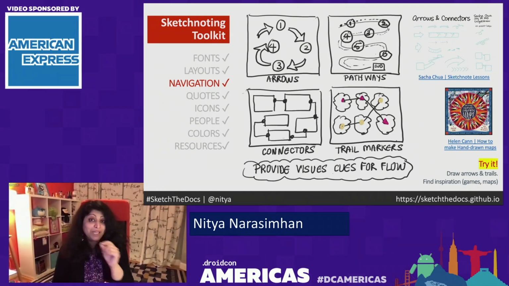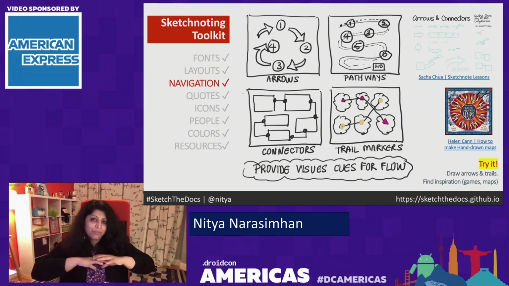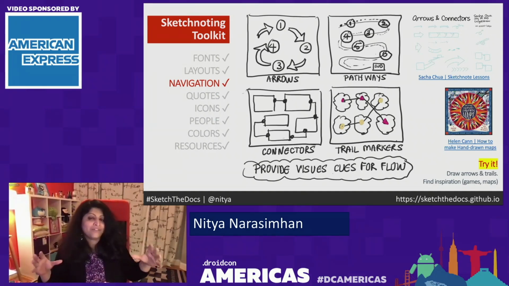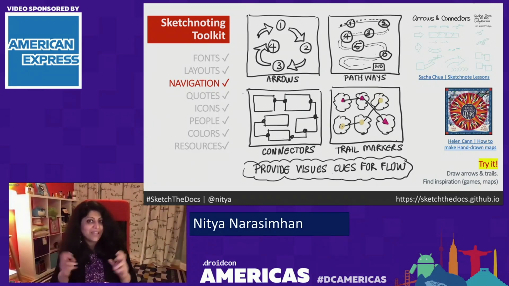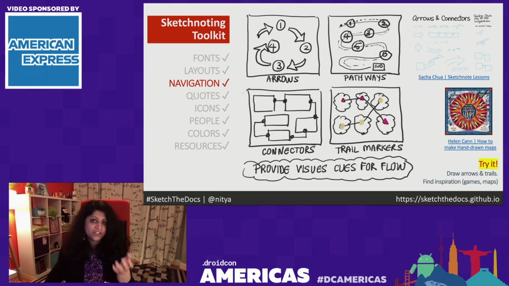Couple of great places for you to look for inspiration. Map making. Believe it or not, Hand-Drawn Maps is a great book because back in the day, they had to find out how to kind of really help people navigate large geographical landscapes with cues that gave them information and context about what to find and how to get there, right? So there's great ways you can explore map maker tools for this. But there are also simple connectors and simple kind of ideas for how you organize information. So check those out and find your inspiration in games, maps, and other stuff.